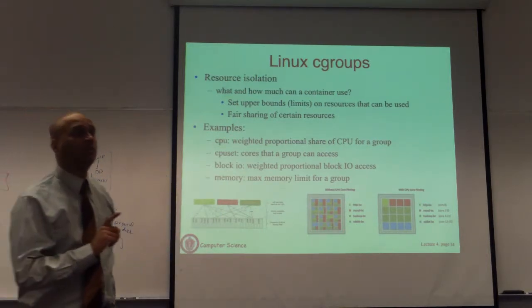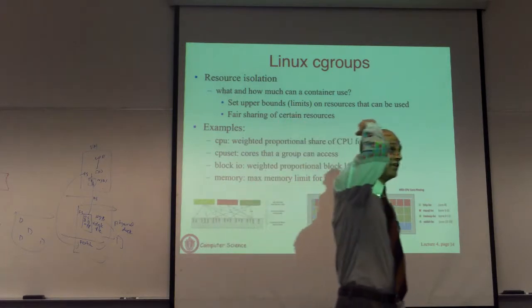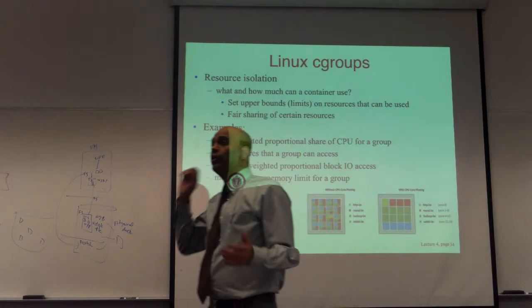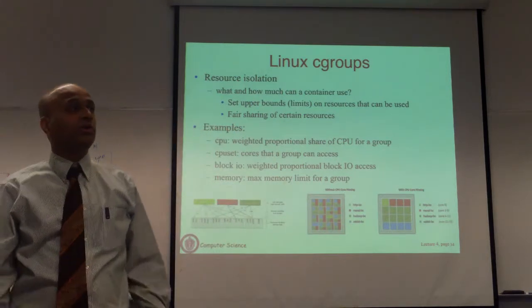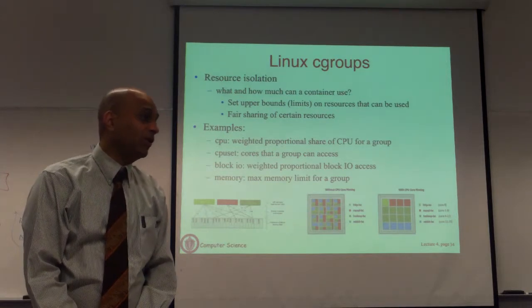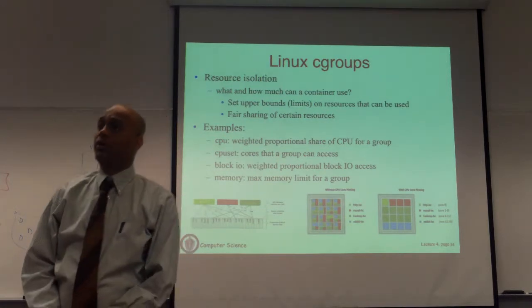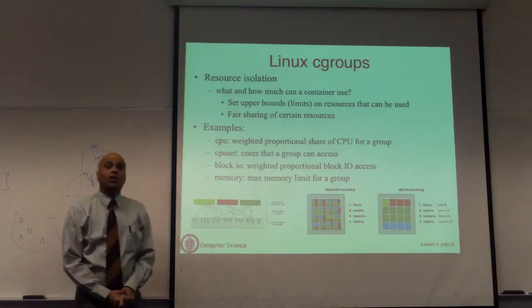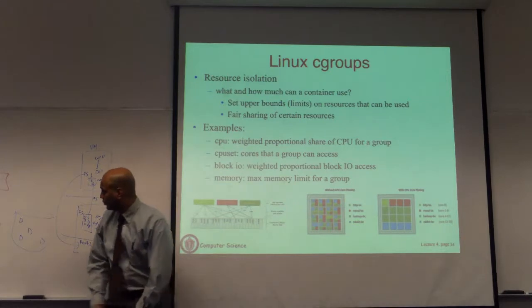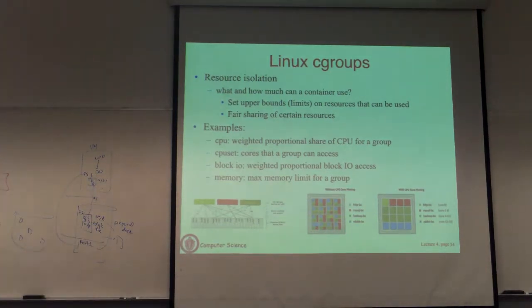This is similar to what lottery scheduling does, if anybody remembers lottery scheduling from 3 or 4 classes ago. So I said you can assign lottery tickets or weights to each process, and you get CPU share in proportion to your weight for lottery tickets. So in weighted proportional share scheduling, each process is given a weight and you get CPU share in proportion to the weight. So if there are two processes or two containers that are each given weight of 1, or 1:1, each of them is going to get half the CPU share.